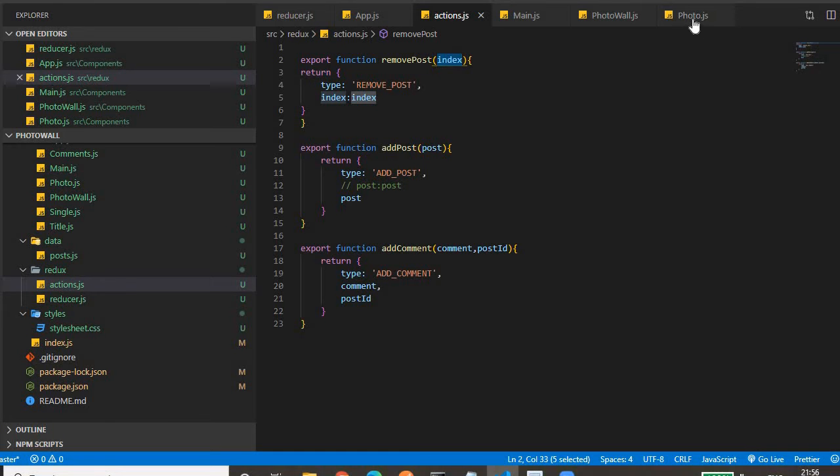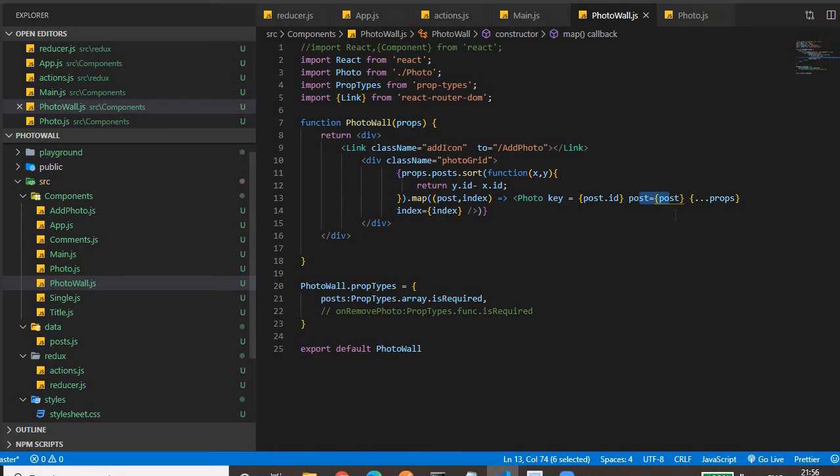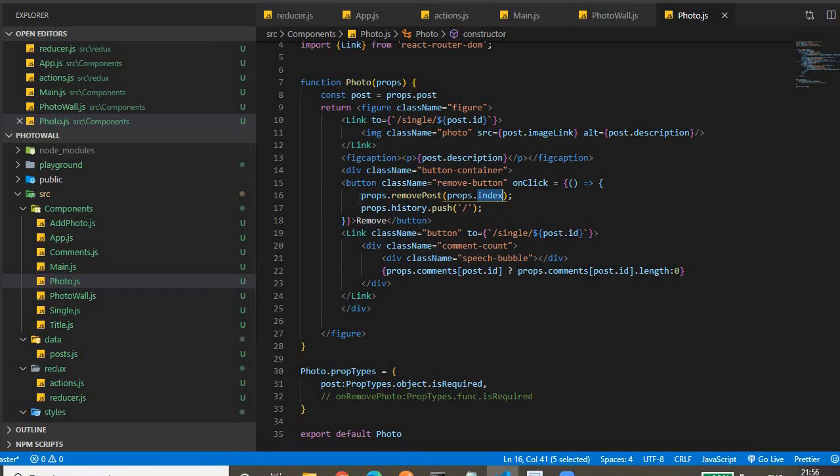Okay, so here we are passing the index of that image, and this props index we are passing from the photo wall, if you see this one. So we are dispatching the action with the index of the image. Once it is removed, we will refresh our page.